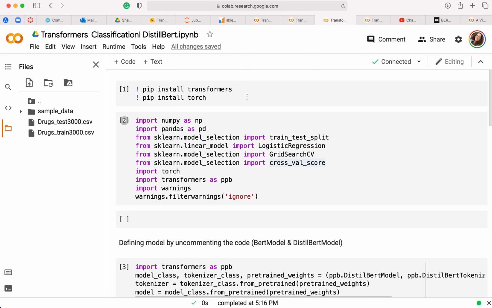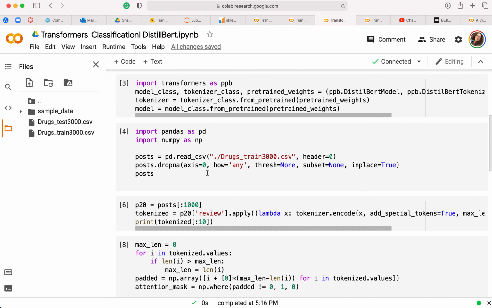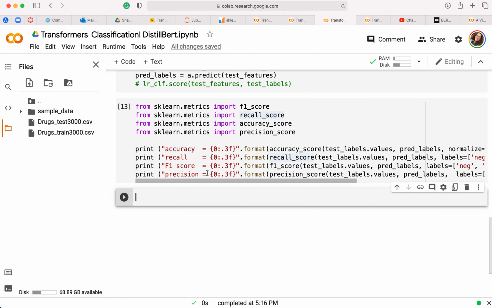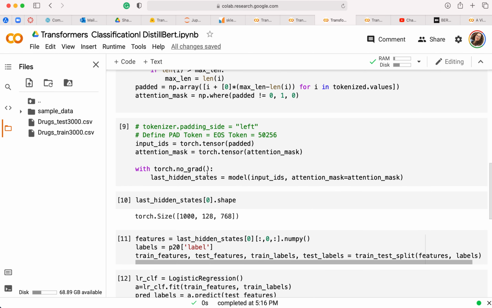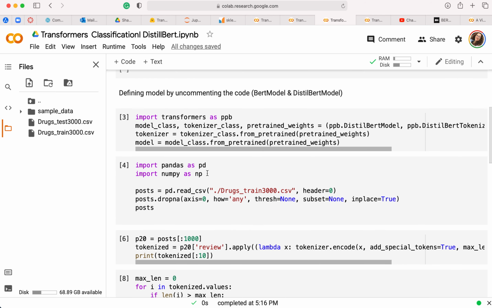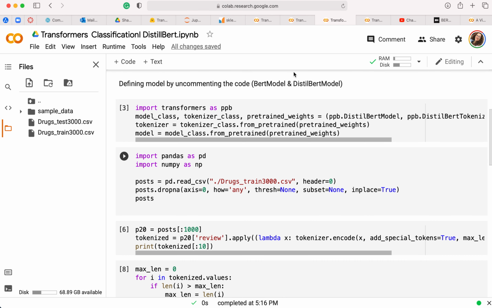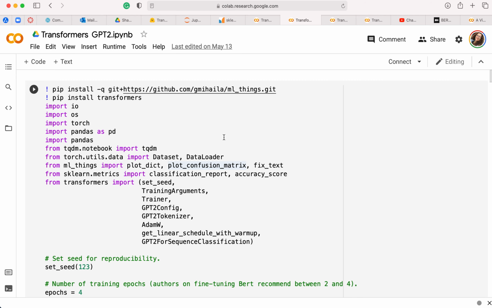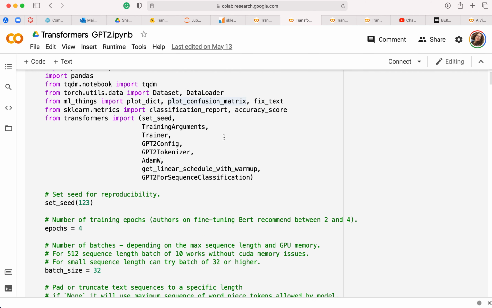Here is the DistilBERT part, which is pretty similar. Maybe one or two lines of the code are different. It's very similar, I would say. And this is the GPT-2, which takes a long time, around